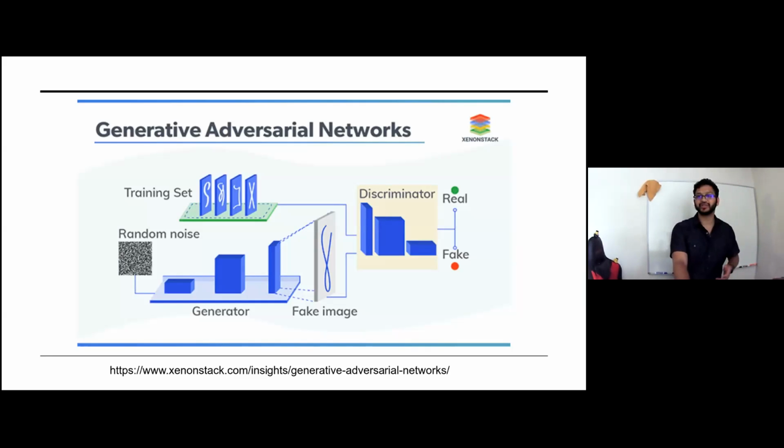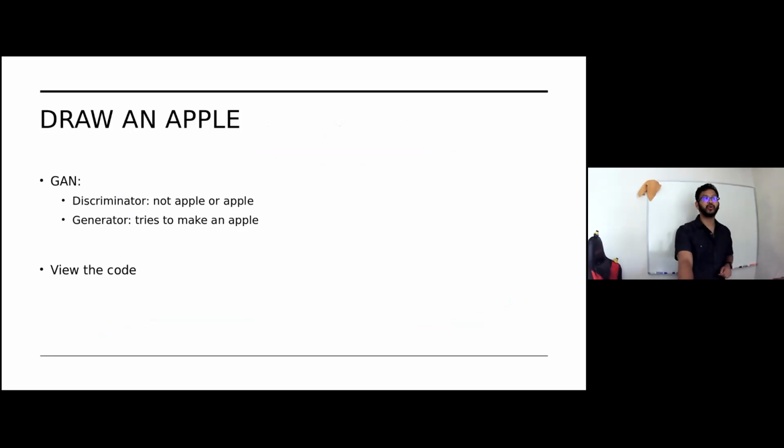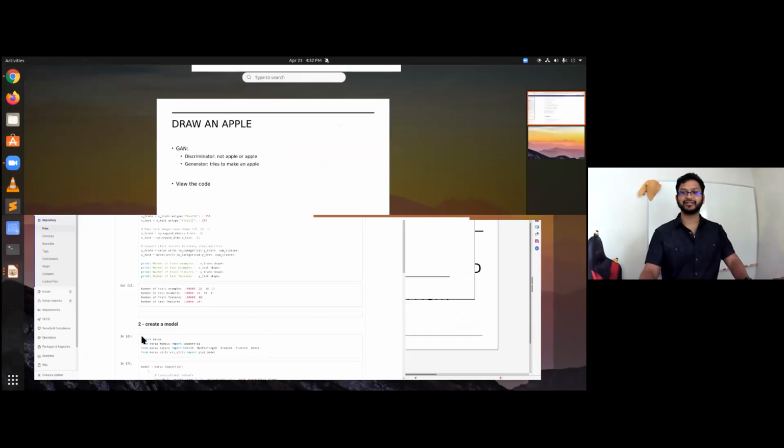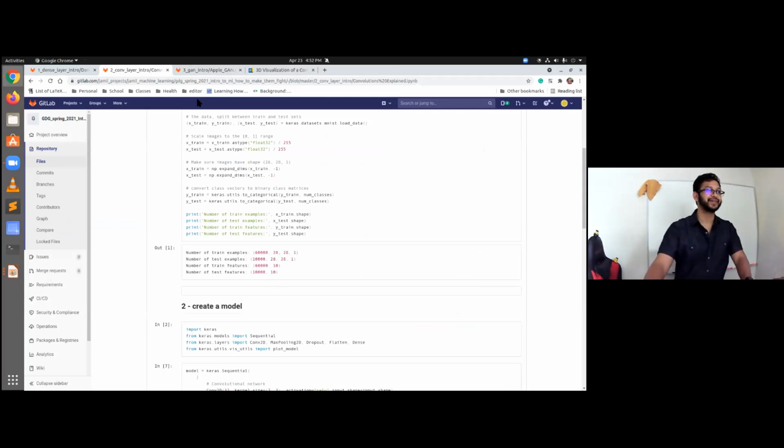So now what we're going to do, instead of doing dollar bills, because forging money is illegal, kids, we're going to try to draw a picture of an apple. Do we have time? We have 8 minutes. Think we can get it done in time?